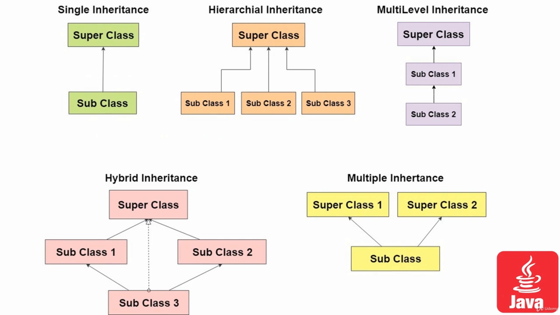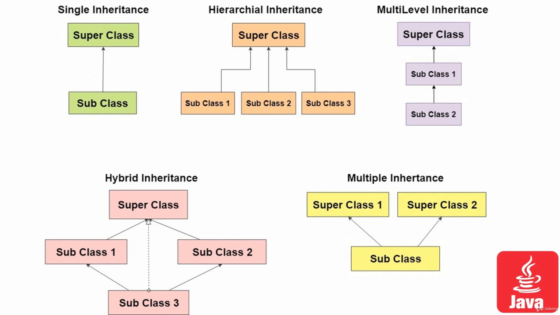So here are types of inheritance that could be found in different programming languages. We have a single inheritance when there is a single superclass and single derived class. We have hierarchical inheritance when there is one parent and multiple children inheriting from the same single parent. We have multi-level inheritance, in the form of grandmother, mother, and daughter. We have three generations or more generations, each one inheriting from the preceding generation. Then we have hybrid inheritance, a combination of single, hierarchical and multi-level inheritances.